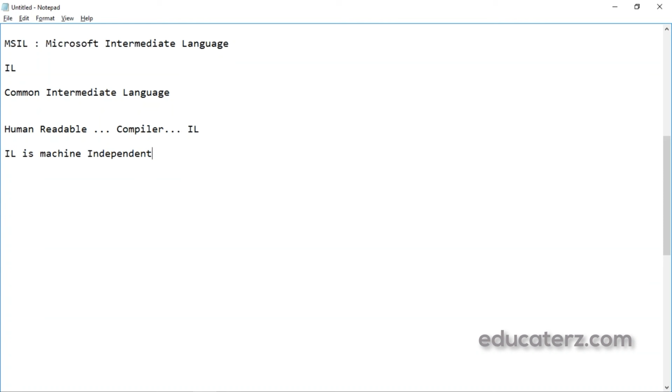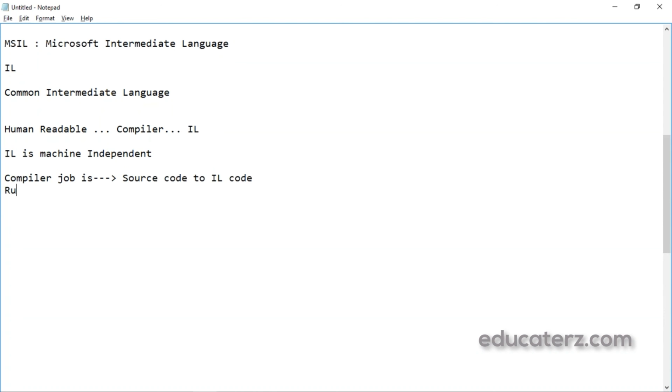During the runtime, the common language runtime's just-in-time compiler converts the MSIL code into native code for the operating system. So the compiler, at the time of compilation, converts source code to IL. Let me write again: the compiler's job is source code to IL code.